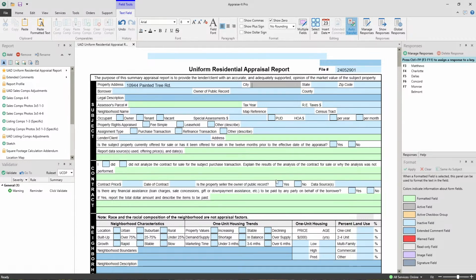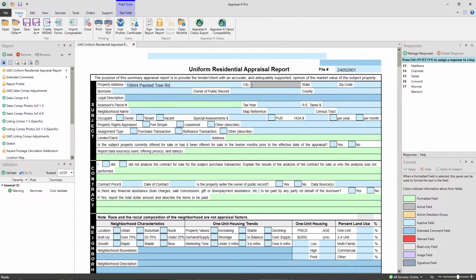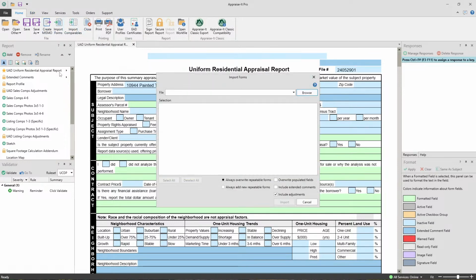Next is going to be importing data from another report. Now, there's 2 ways to do this. You can either do it in the home menu here, and you can come over here to import forms. The problem with this interface, and this is here kind of for those of you coming over from Classic, because this is the way you did it in Appraise-It Classic, you're going to be required to